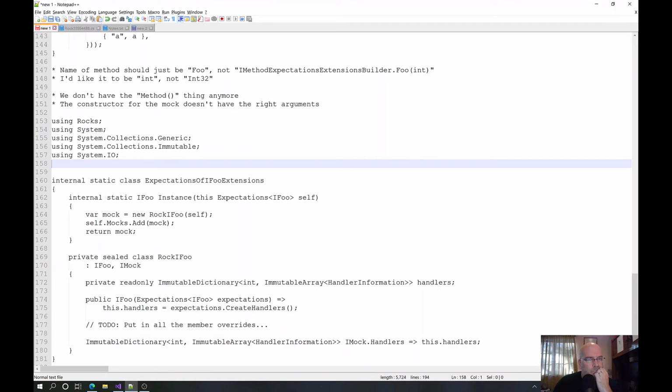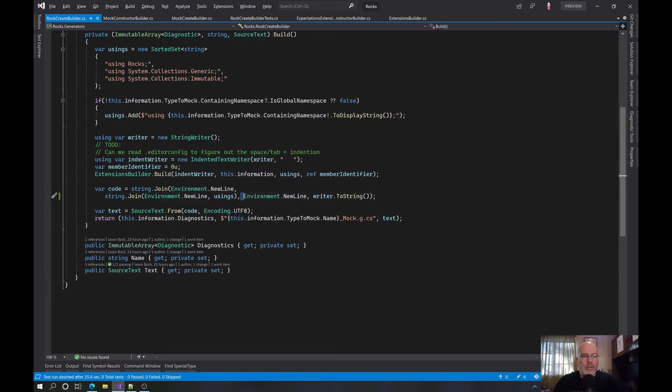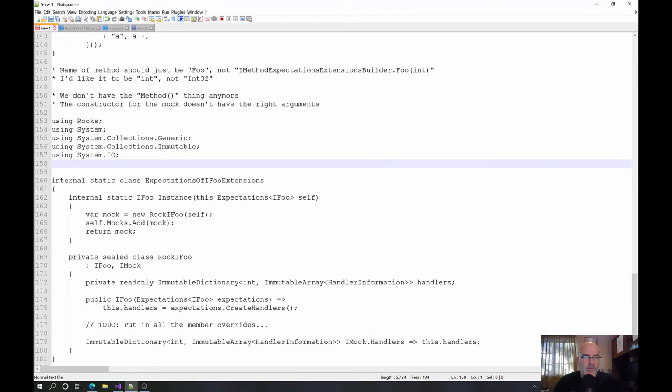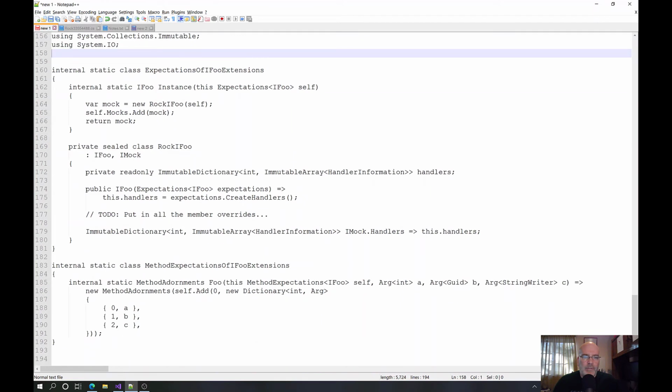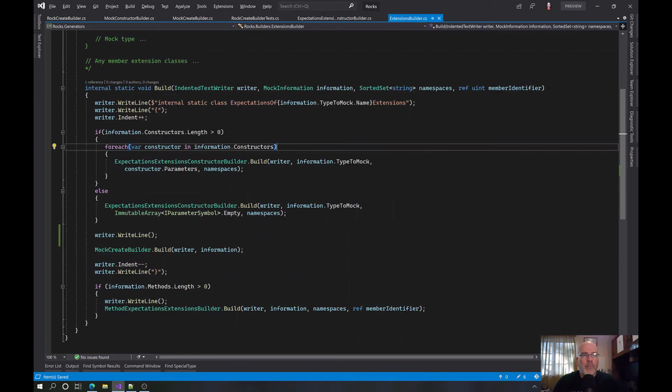Oh, I think I need to just say here string.empty. Just put a blank line there, I think is what I'm doing. But we have this, we have that. That's formatted nice. Oh, we are so close. Come on. One more